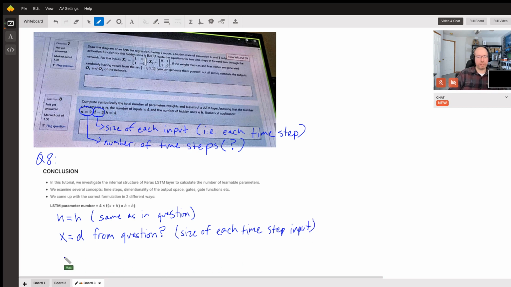Which would make this, so that would be 4 times D plus H times H plus H, which equals 4 times